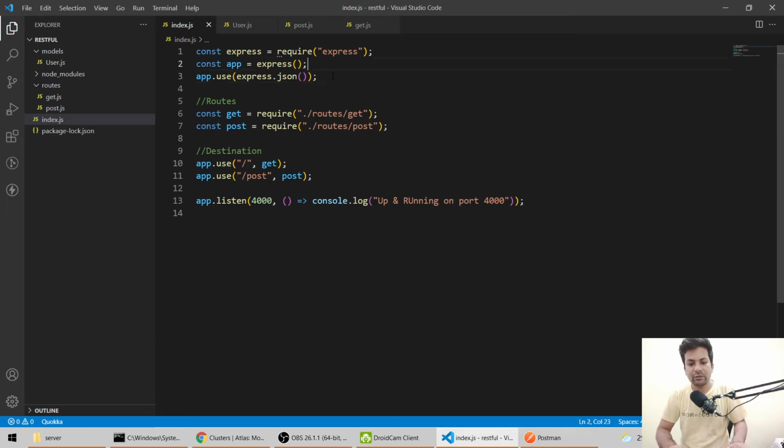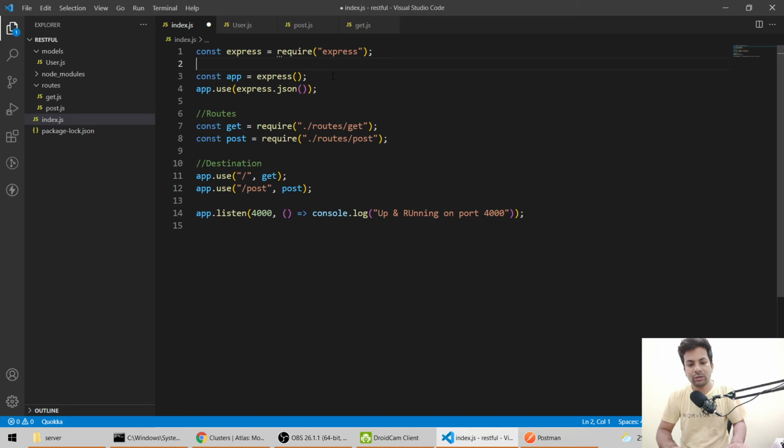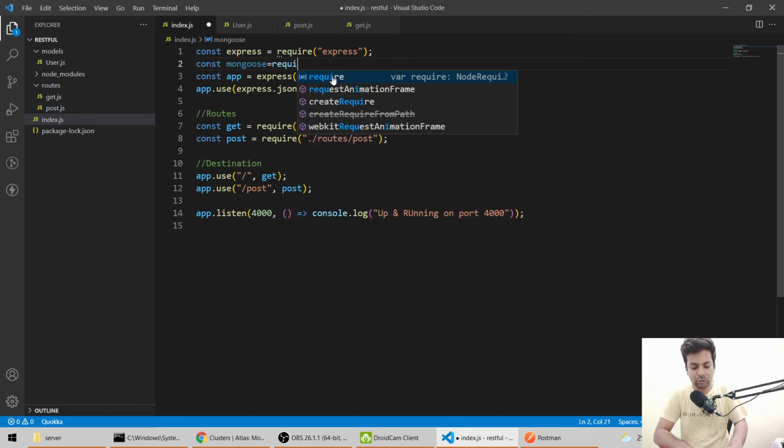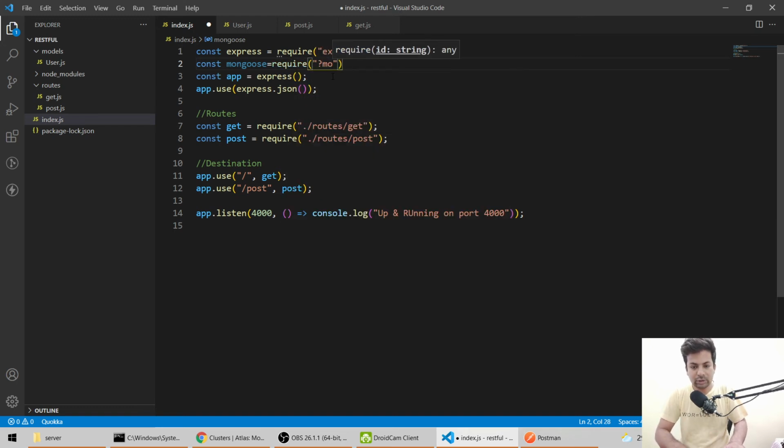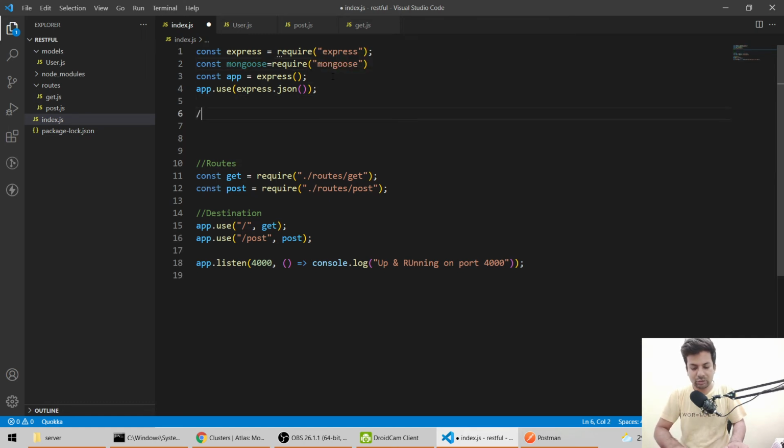Now here we have to import that. So we'll say const mongoose equals require mongoose. Okay, so now here the connection, I paste the URL, connection URL.